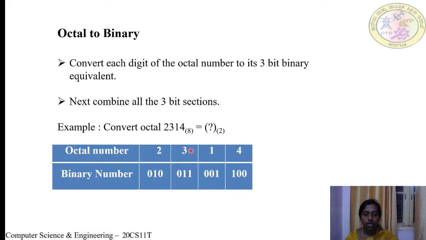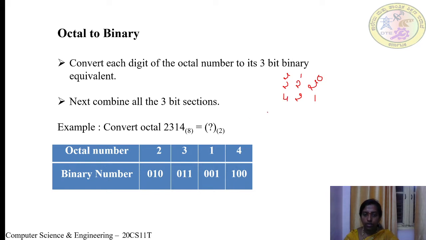We go on to the table. Start writing the digits from right hand side to the left hand side, that is 4, 1, 3, 2. Hence here we have to write the equivalent binary number in 3-bit position. So we can write the 3-bit positions 2 to the power of 0, 2 to the power of 1 and 2 to the power of 2. 2 to the power of 0 is 1, 2 to the power of 1 is 2 and 2 to the power of 2 is 4.